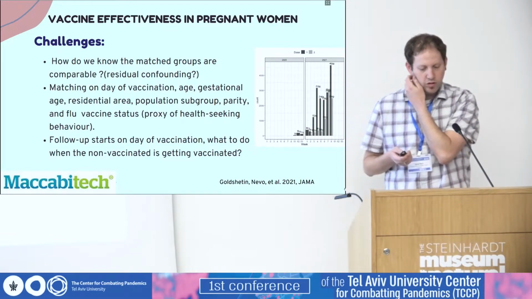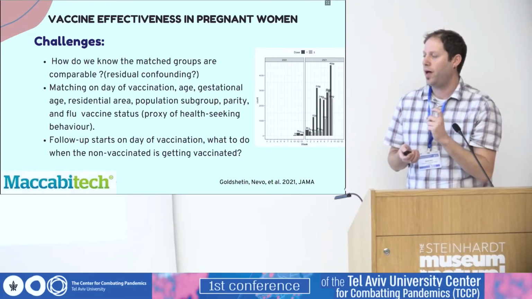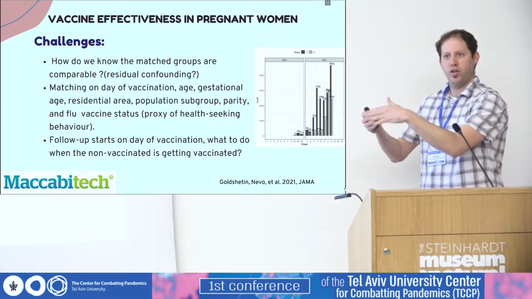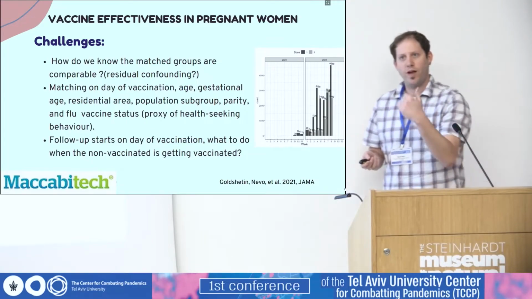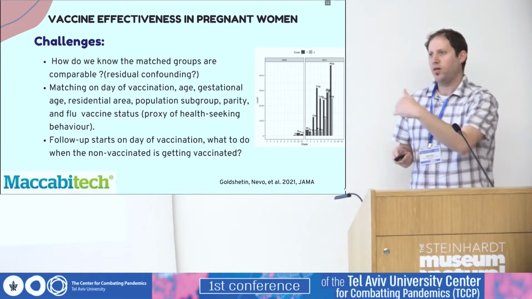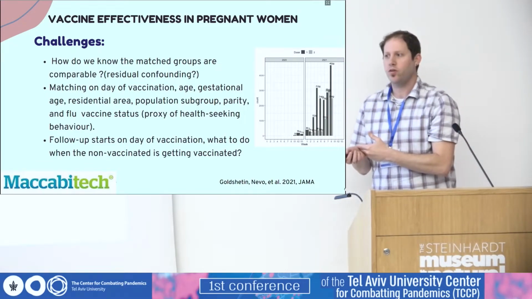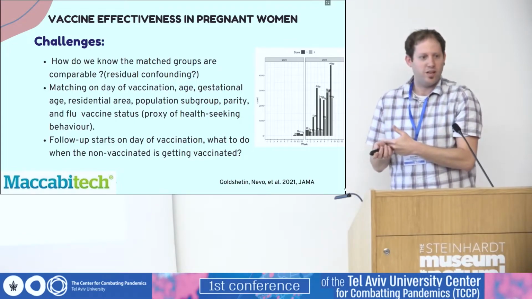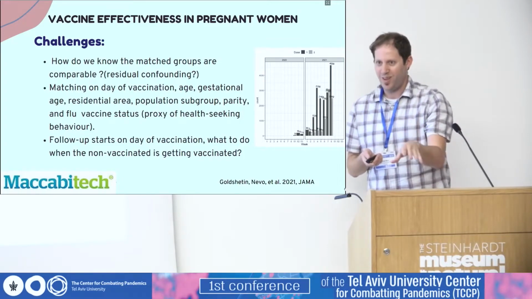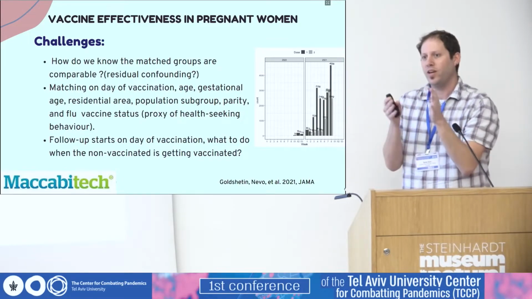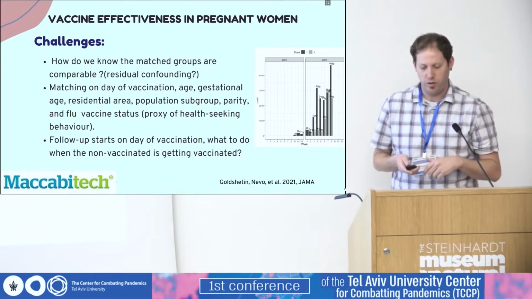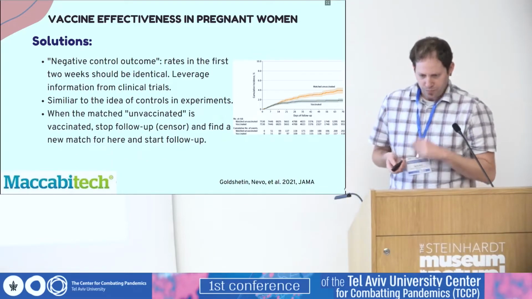And the second problem, which is kind of unique to these vaccination studies in the past two years, is that once I do the matching, I start looking at each match on a different day. Let's say someone was vaccinated on February 21st. I find a match, I follow them both, and then boom, two days after, maybe the unvaccinated one got vaccinated. And what do I do then? This was a really severe problem in the pregnant women cohort because of the staggering of the vaccination, right? People were vaccinated in really similar situations. So what did we do?